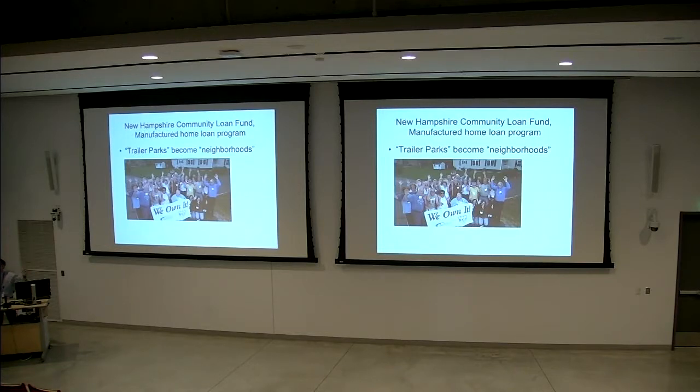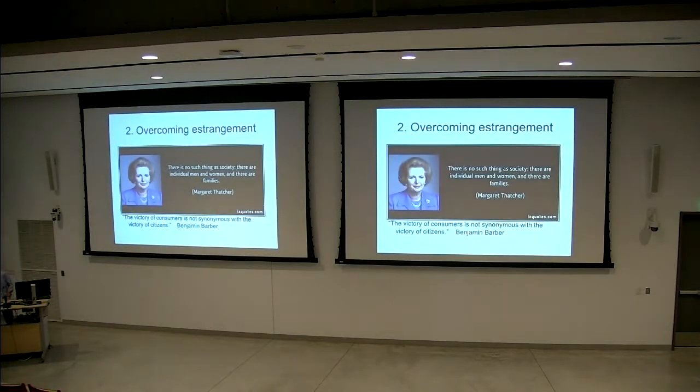So the New Hampshire Community Loan Fund instead put together a package and enabled those folks to buy the land on which their home sat. It also gave them a little more money in those loans so they could fix them up, add porches, and make improvements, and a trailer park became a community, a neighborhood. As a result of the great success of that, the New Hampshire Community Loan Fund now has a whole portfolio of manufactured home loan funds. Again, building local wealth and capacity.